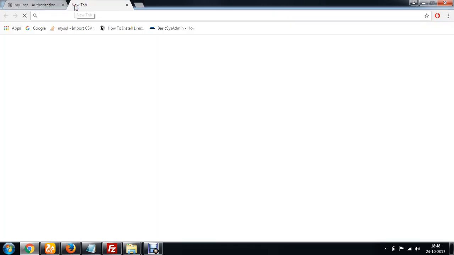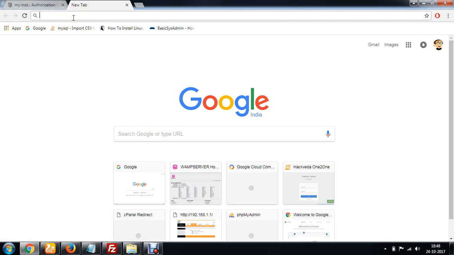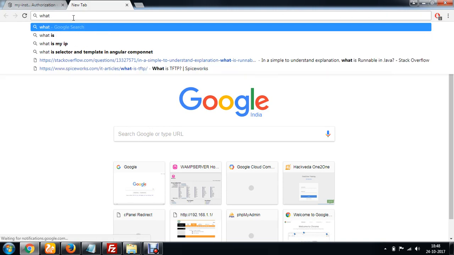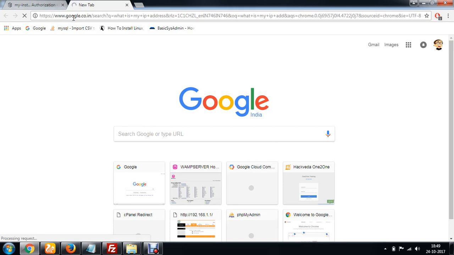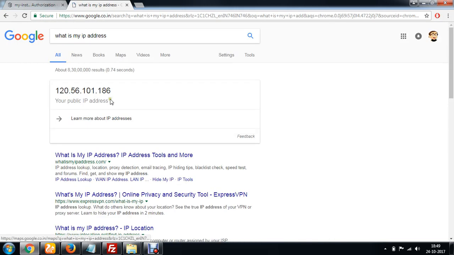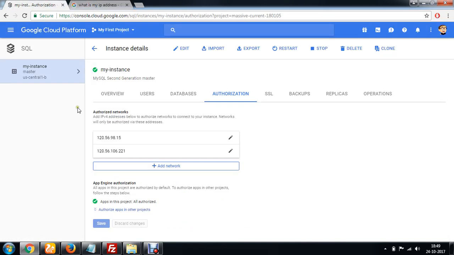In order to know the public IP address of your local machine, you can simply type what is my IP address. So this is my public IP address. I'm going to copy this address, and within this authorization section, I'm going to paste this IP address.